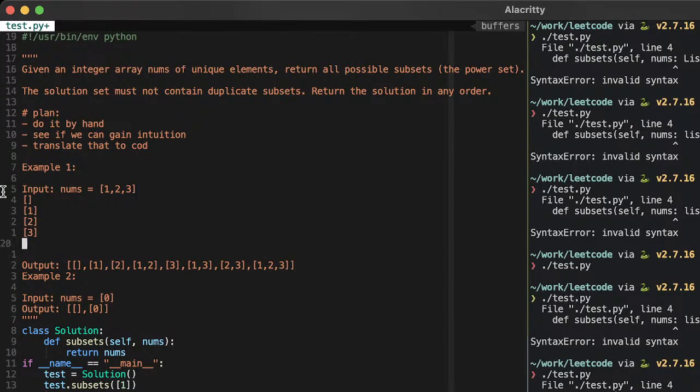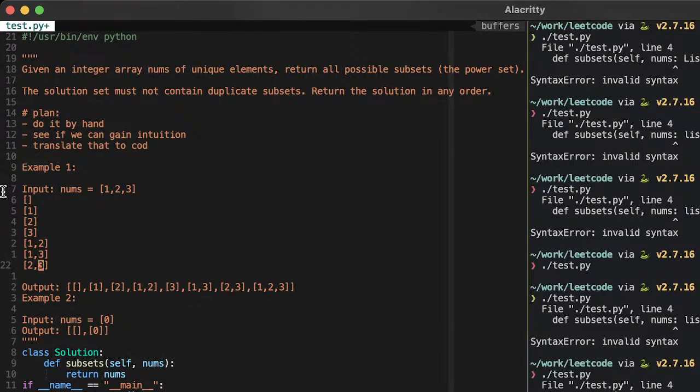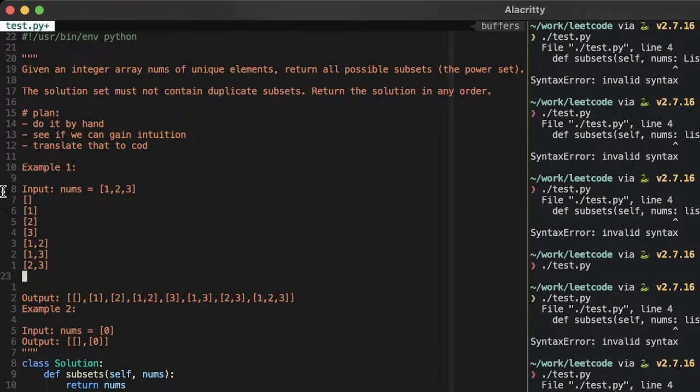Now we want all pairs. So 1 and 2, 1 and 3, 2 and 3. And 3, there's only one way to get all 3. Okay.